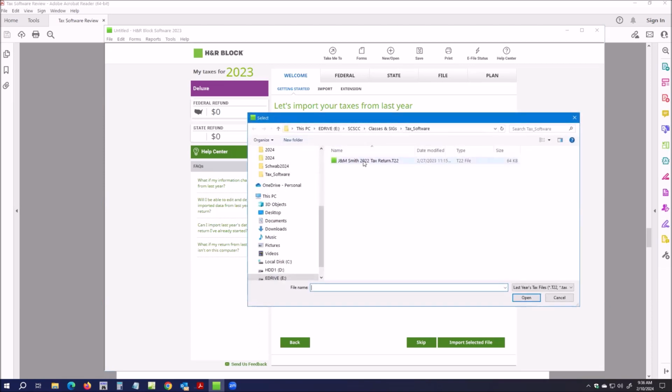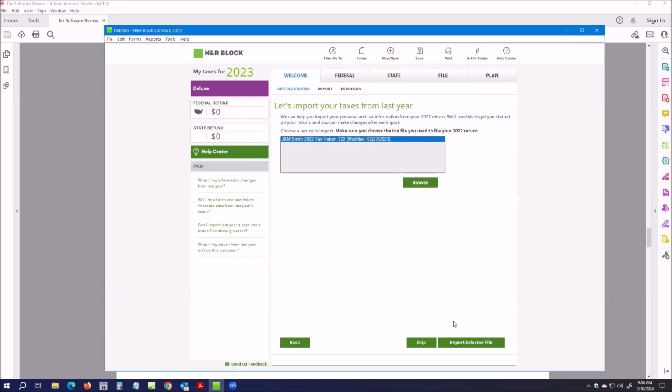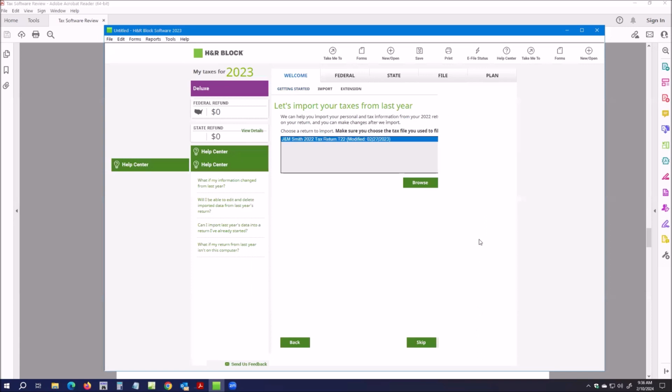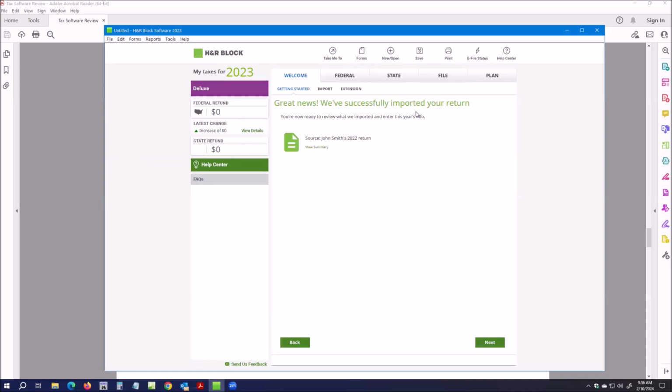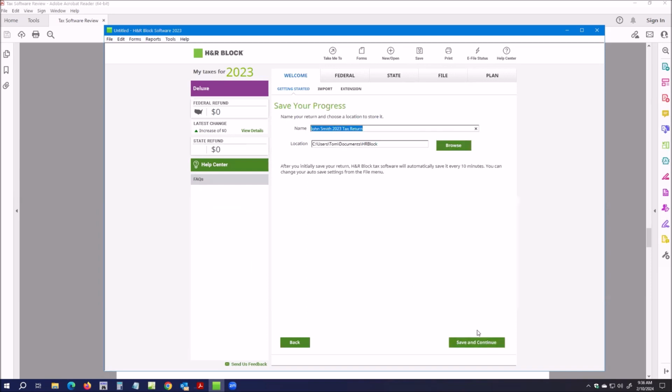Well, same story. I'm right in that same place. Okay, you might have to browse to find yours. All right, and let's say import selected file down here. And good news, it imported okay. Let's say next. We have to give it a name, and I don't want to change the one that I finished, so I'm going to put demo in here,